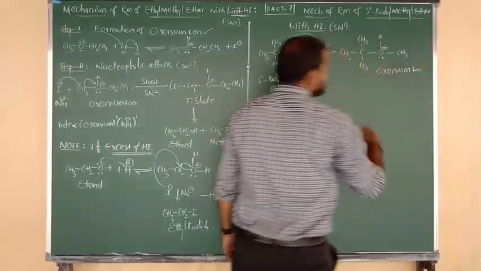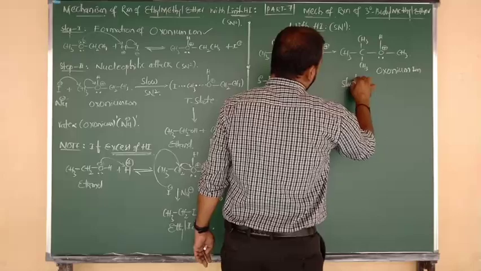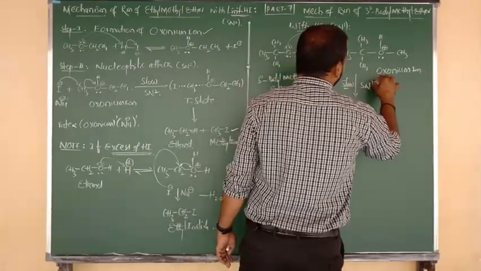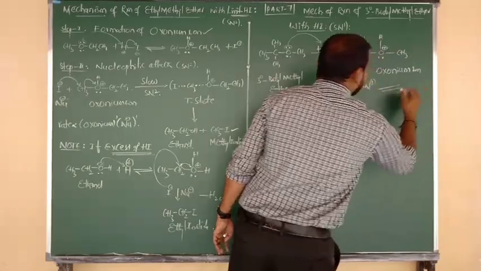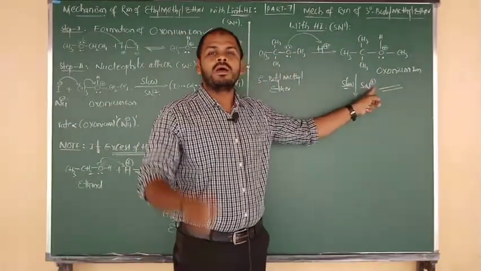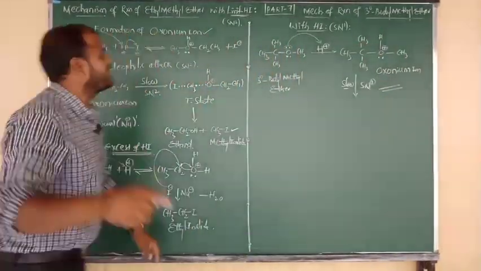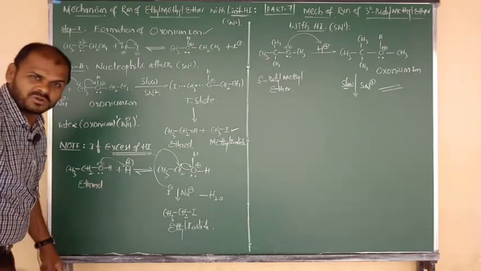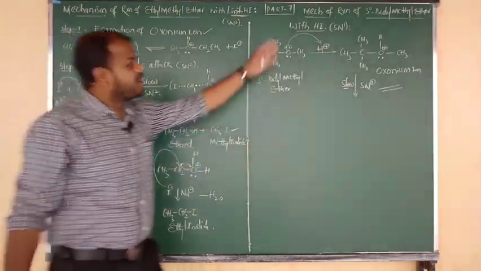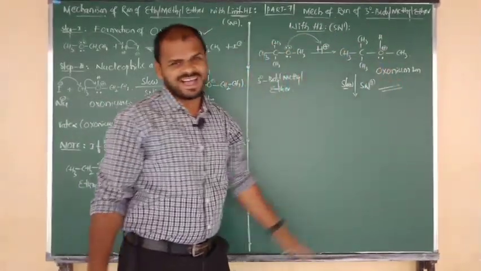Now such a protonated ether undergoes the slow step, which is also the RDS step. It follows the SN1 mechanism, because in the SN1 mechanism the rate depends upon one molecule only, the oxonium ion, but in an SN2 reaction the rate depends upon two molecules, one is the oxonium ion and one more is the nucleophile. But in SN1 the rate depends only upon one molecule, the oxonium ion.